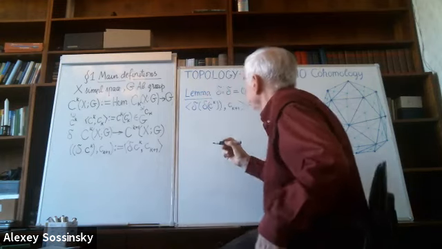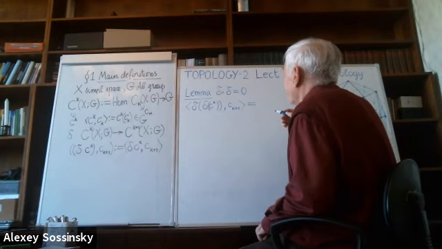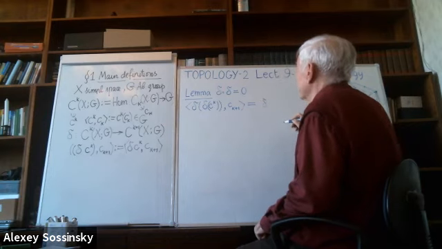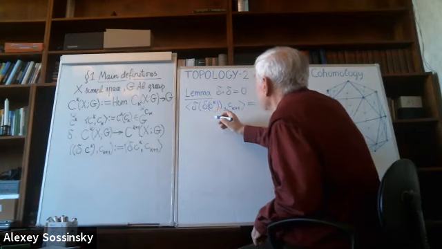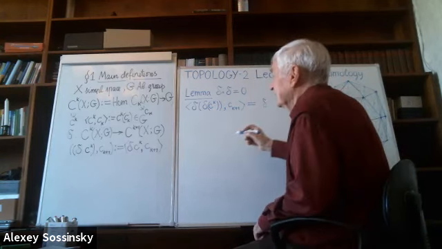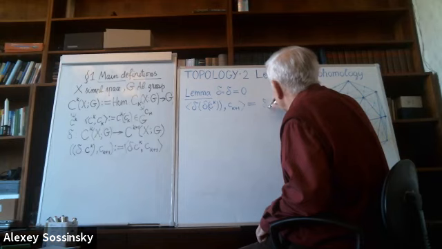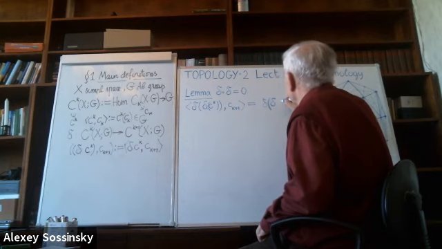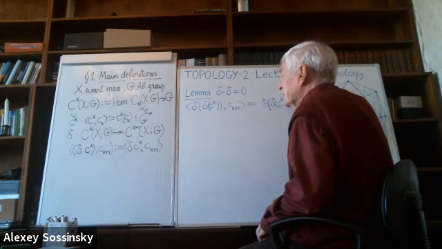Well, by definition, we have d of this must be applied by this definition. d of what we had here, d of c^k must be applied